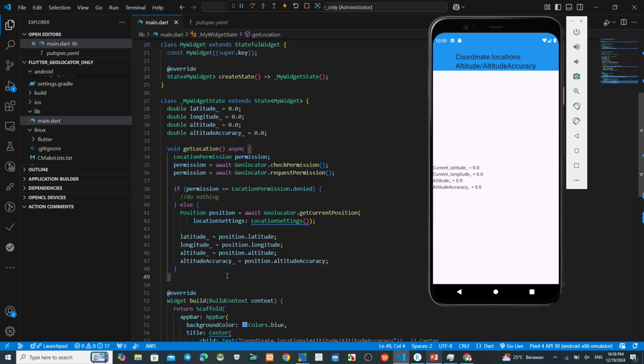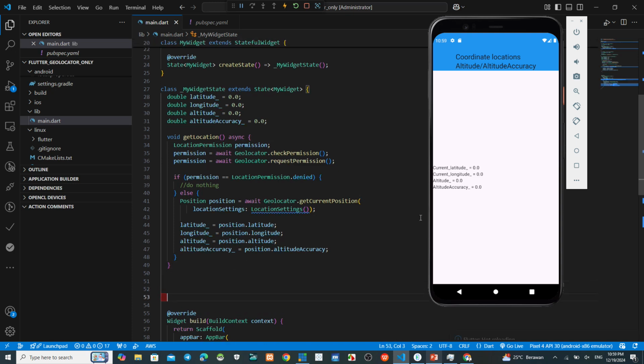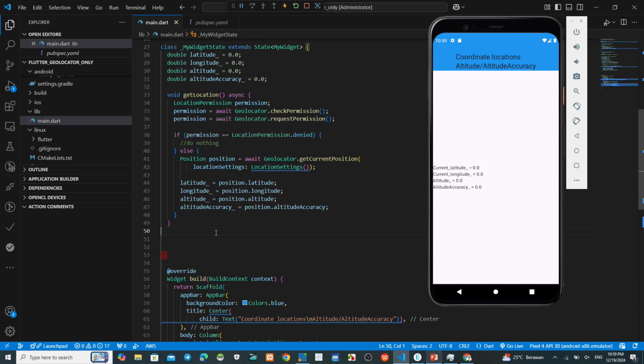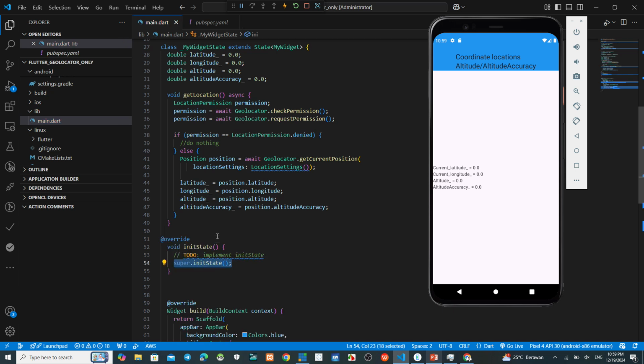Okay, now if we run this application, we run this function by init function, initState, make this get location here.